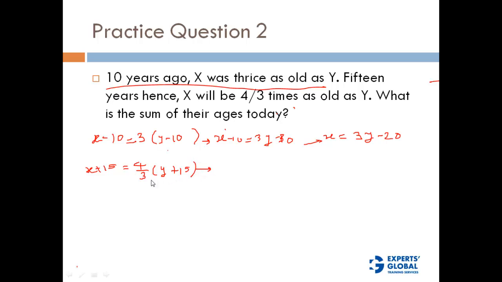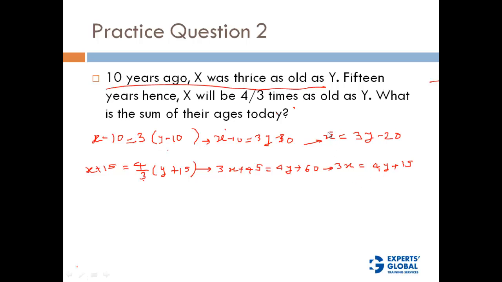Let's solve it further. Let's simplify this. We have a 3 in the denominator, so we'll have to multiply both sides of this equation by 3. So what we get is 3x plus 45 is equal to 4y plus 60, correct? Okay, so that means we get 3x is equal to 4y plus 15,